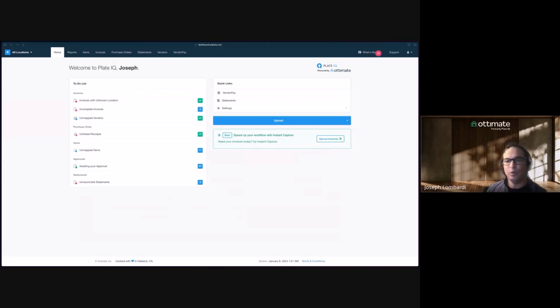So obviously, we would want to meet with the customer and understand their structure within Sage Intacct and really understand their AP process as well. Really do a little bit of discovery to know their organization and how best we can serve them. But once they do sign the agreement and get started with us, it really is, I would say, anywhere between 4 to 6 weeks to get up and running. And that's really because you have to start by teaching Ottimate how your invoices do get mapped and coded. So you're going to have to upload a bunch of invoices and do the initial mappings at first, but we